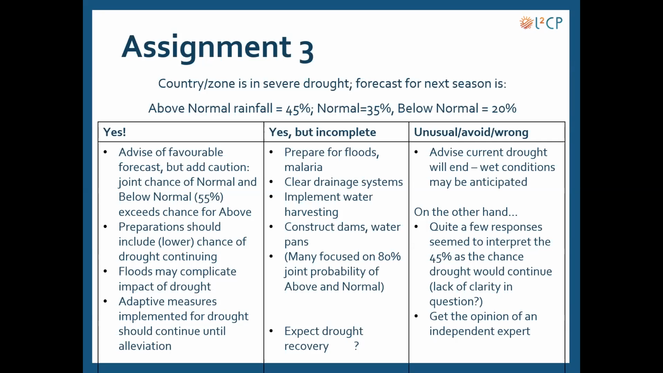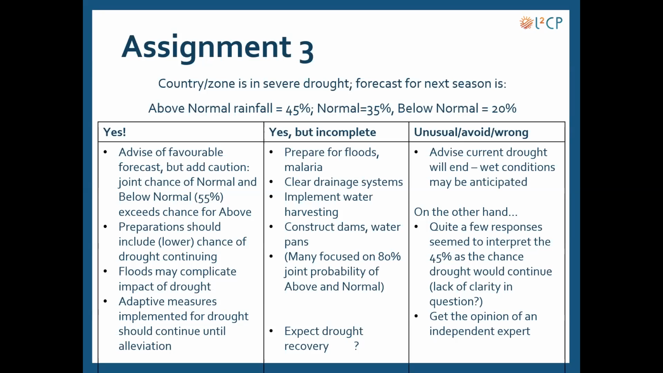The unusual ones in this case really were, there were some that would advise their ministries, yes, the drought's going to end, you can anticipate wet conditions. Personally, I would say that is a little bit too confident with just a 45% chance of above normal. There were a few, maybe there was some lack of clarity in the question, but a few did respond